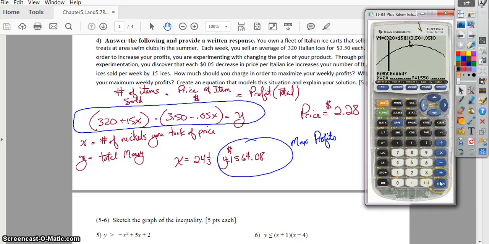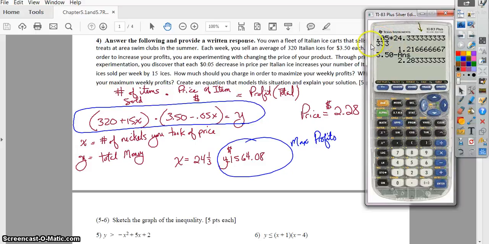We'll go left bound and the right bound. I can make all the way up to here, on the right side of that vertex. So you can see 24 1/3 is what I have for my x. This here is my y value. That's my max profit. And all I have to do is basically substitute in that 24 1/3